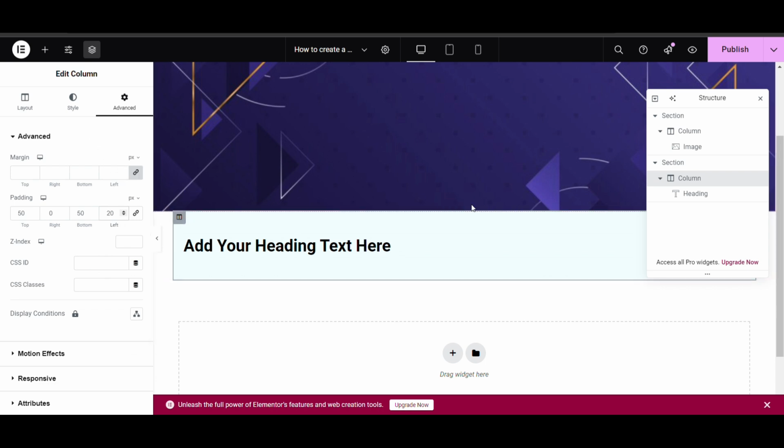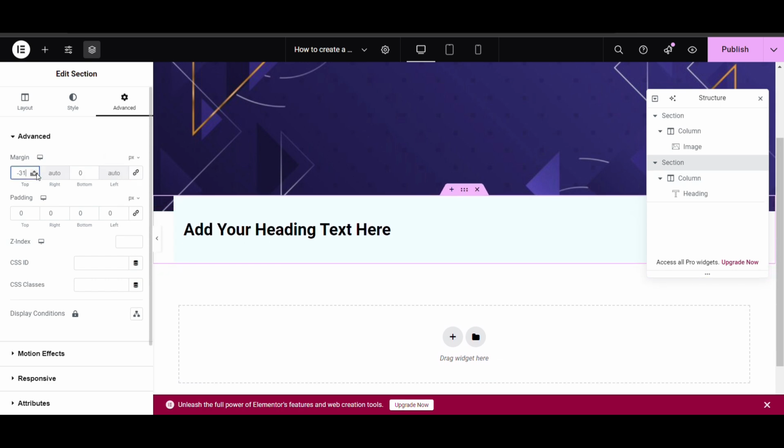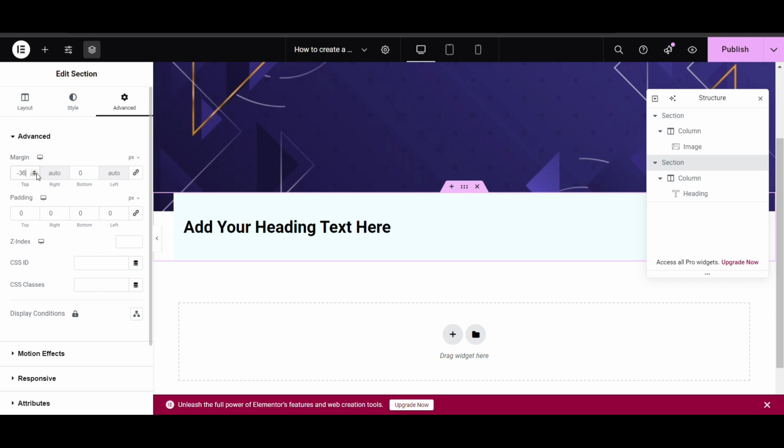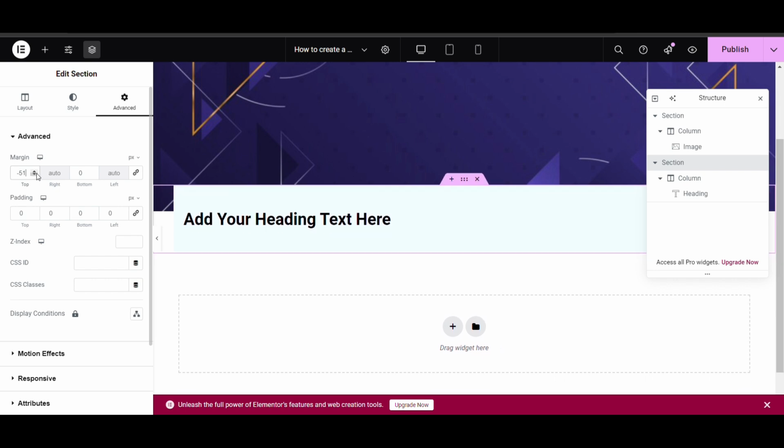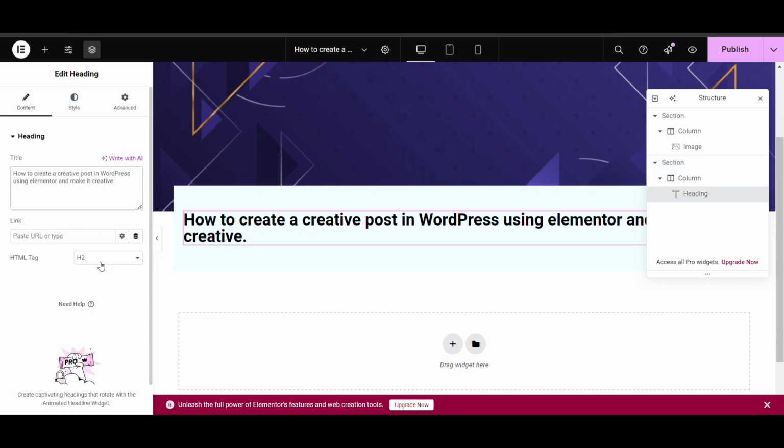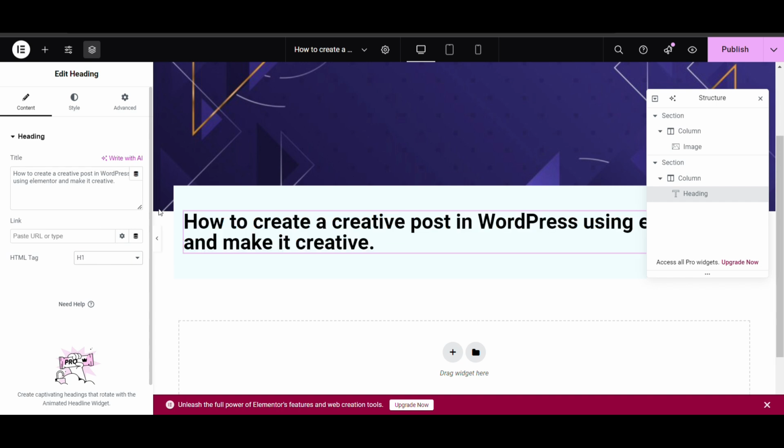20. Okay, an important part is here. Now we'll go to that section and add a negative margin on top here. I will add margin minus 15. Okay, I will increase the font size of H1.